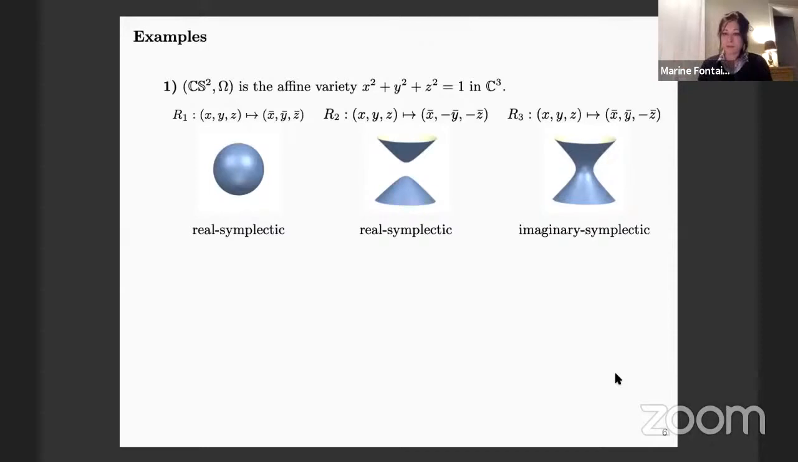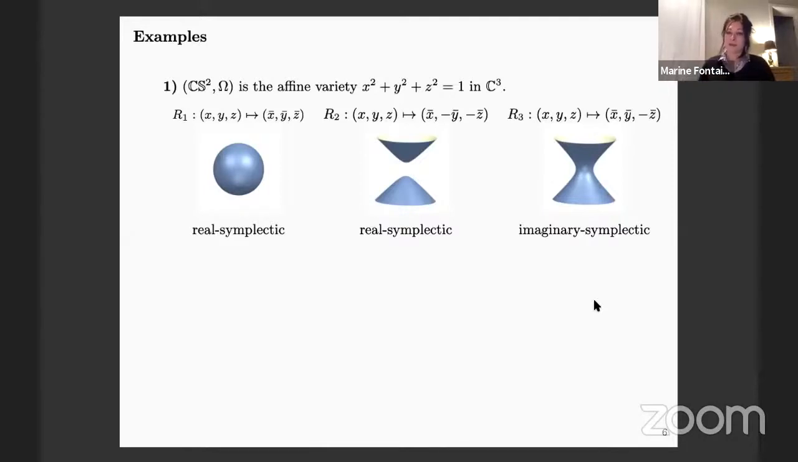So the complex sphere, it's the same as the real sphere. You just take complex variables instead of real. And this is a complex manifold and it has a holomorphic symplectic form, big omega. And on it, you take the three involutions that are anti-holomorphic, and you take the fixed point set, you will get the sphere, the two-sheeted hyperboloid and the one-sheeted hyperboloid. And in fact, this sphere will be a real symplectic form and as well the two-sheeted hyperboloid, and this one